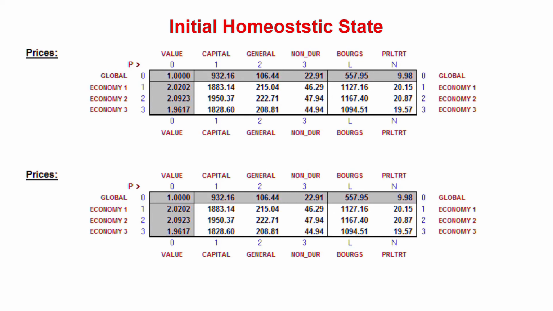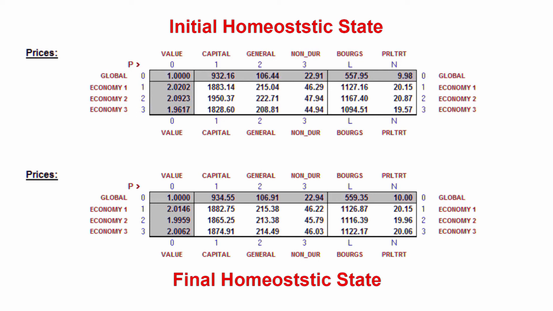When the system is stimulated by unifying the production and utility parameters for all three economies, we note that every price has changed. As the emulator is launched, we once again observe most of the volatility in these numbers occurring during the early years, while prices are settling down toward their new optimal values. Ultimately, a new homeostasis will be reached, and there will be no further changes in any price, because they are all efficient in respect to the new system boundary.